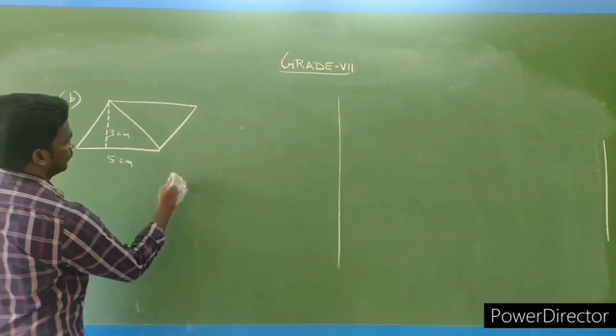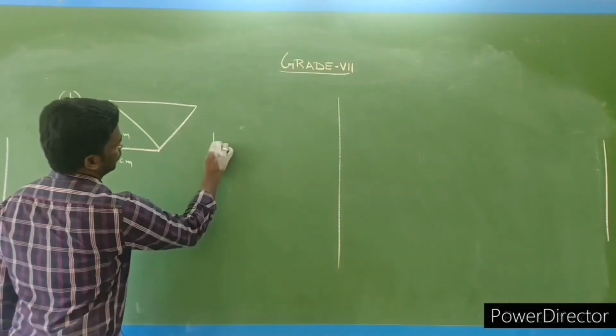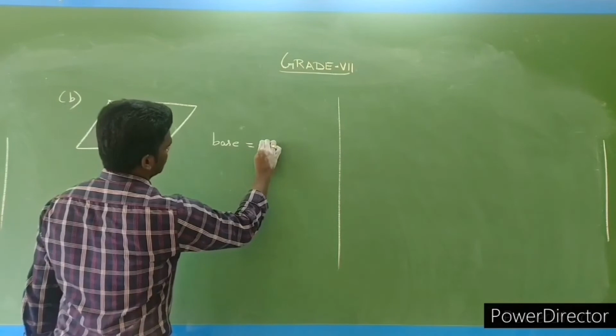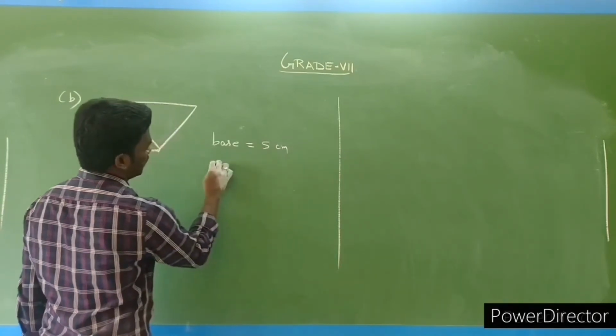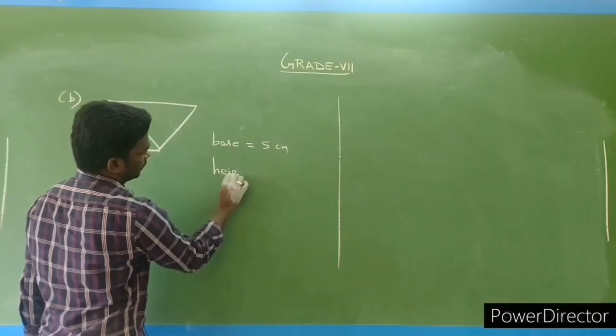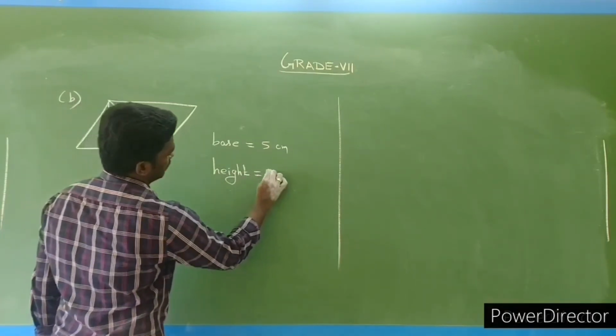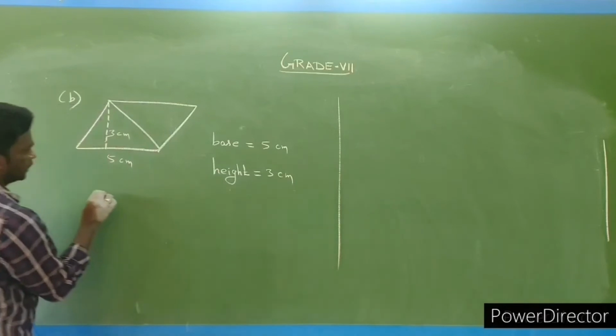So here base is equal to what is that? 5 centimeter is given, and height is equal to what is that? 3 centimeter. Therefore,